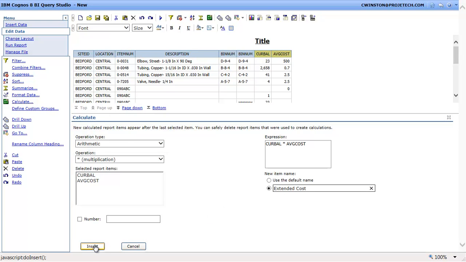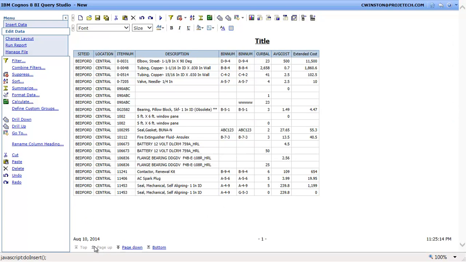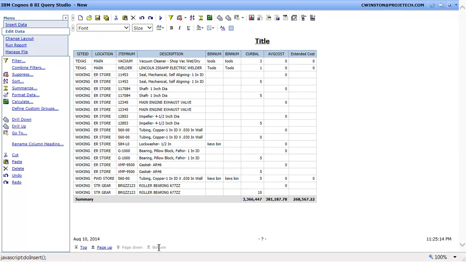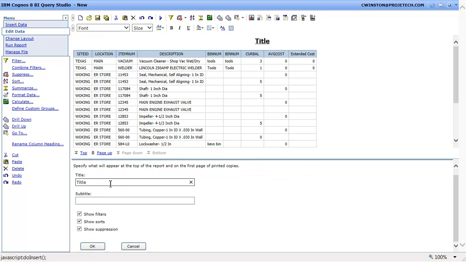We'll hit insert to insert that additional field, and let's go ahead and go to the bottom. Looks like our report's working fine. This gives a summary at the end as well, and let's give it a title. So from here we will go ahead and call it